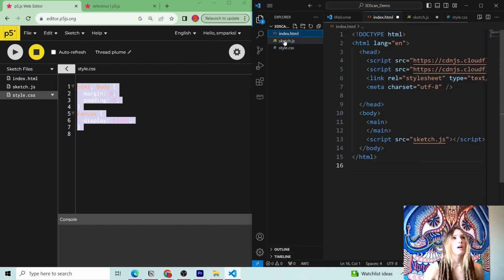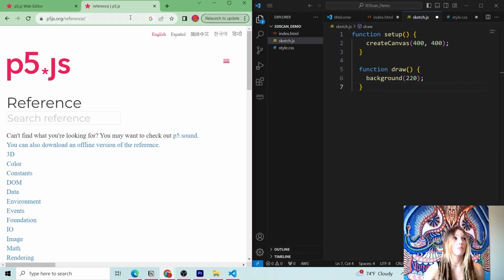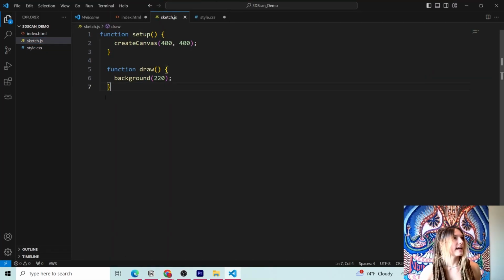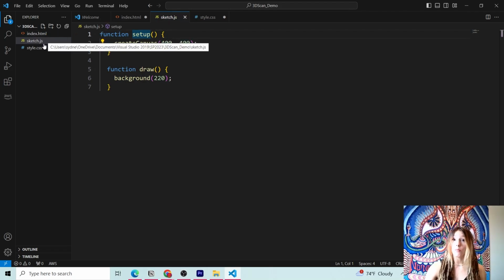So now we've got P5 in VS Code, and we really don't need to work with it over here anymore, although we do have the references pulled up, which could be helpful. So save all of that, and now we're in our sketch, and we just need to upload our OBJ